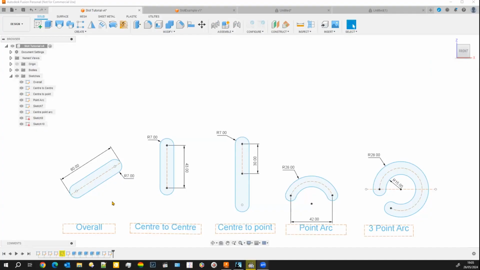The slot command. I've had a look at the slot command, and I think we've done a lot of the work before, but the slot command comes in 5 different types: the overall, center to center, center to point, point arc, and 3-point arc. So we won't spend a lot of time on them because we've covered dimensioning and how to do that. We've covered the circles, so that comes into play a little bit here as well. So we're building on that with the slot command, and then I'll show you an example of the slot command,